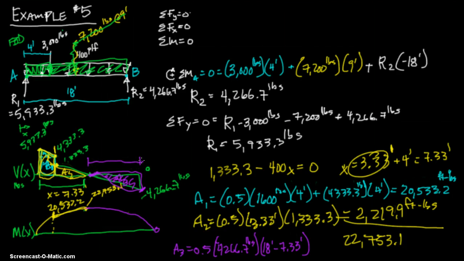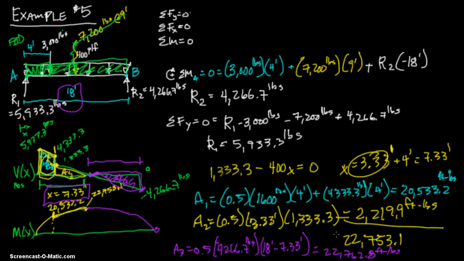I just took the entire 18 foot minus 7.33. And that will give us what? 0.5 times 4266.7 times parentheses 18 minus 7.33. 22,762.8